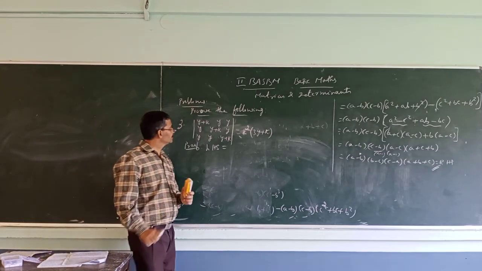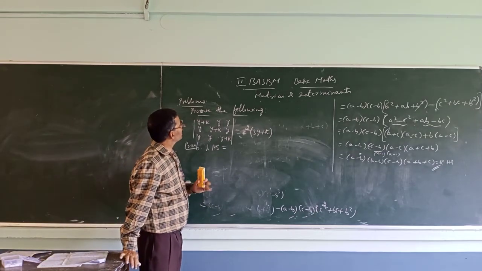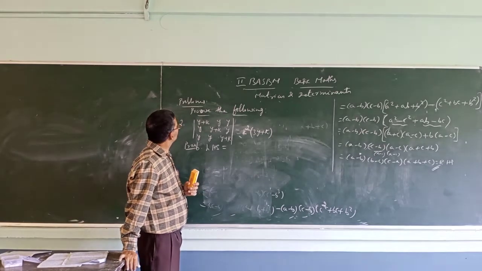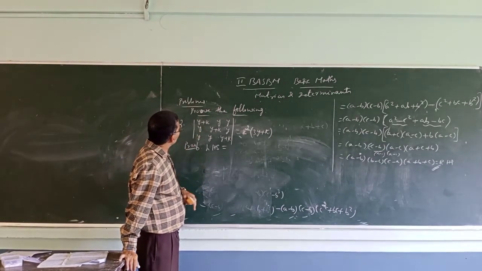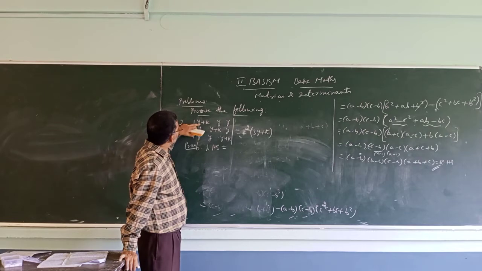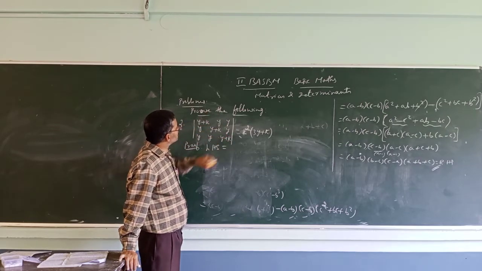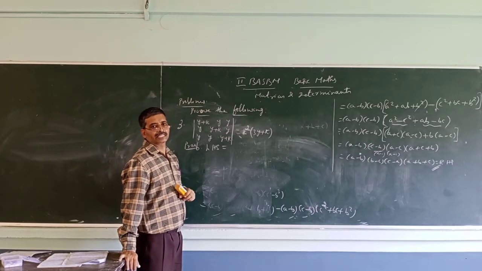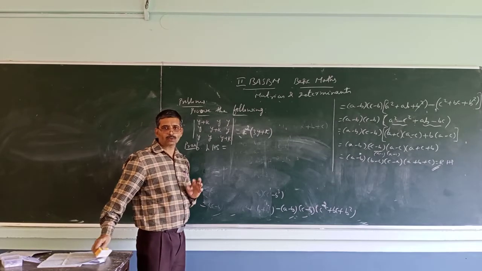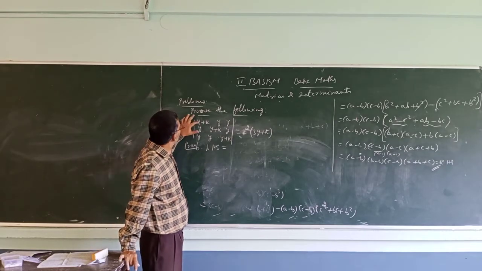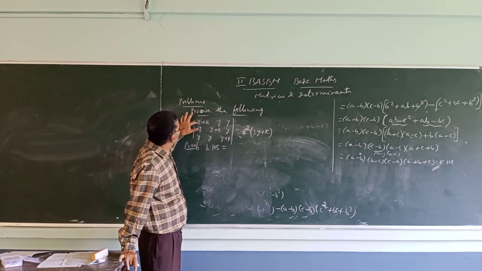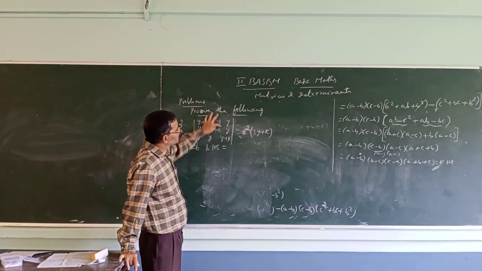Let us prove it. Again, let us try to find some pattern here, then it will be simple. For example, here see y plus k, y; here y plus k, y plus k. So if you add all the three, either row wise or column wise, what you observe, you will get 3y plus k. Here also 3y plus k, 3y plus k.